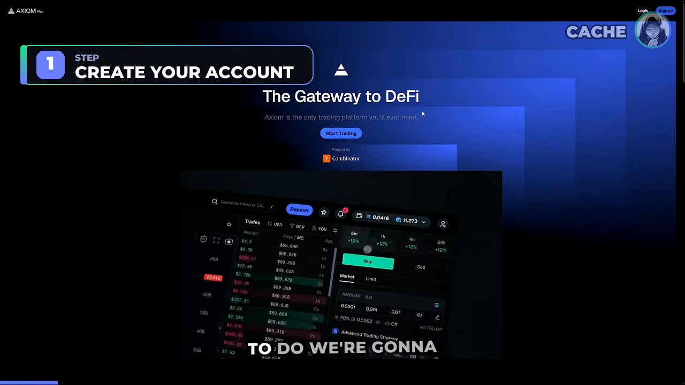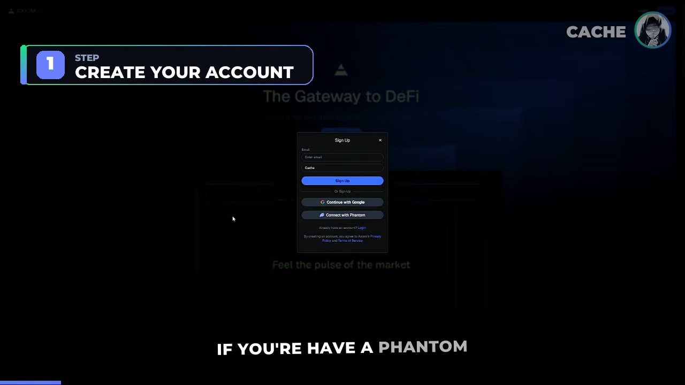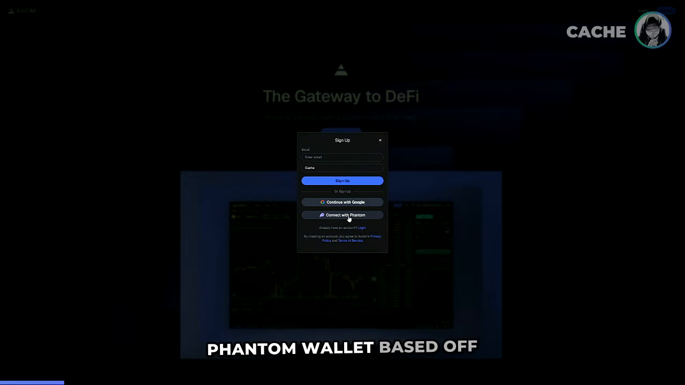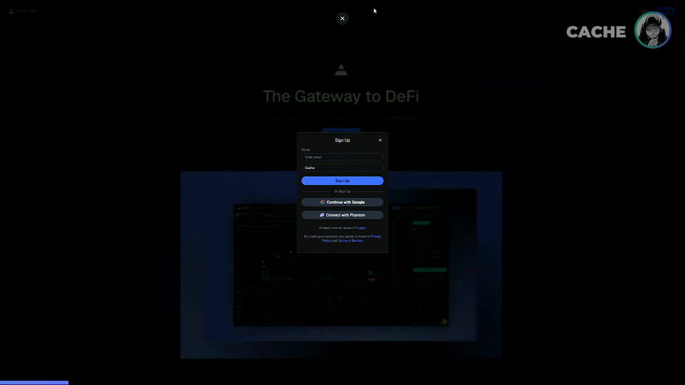So basically what we're going to start to do, we're going to go to start trading. If you already have a Phantom wallet, you can connect Phantom wallet based off that. If not, you can do,